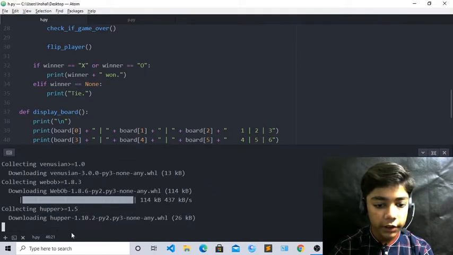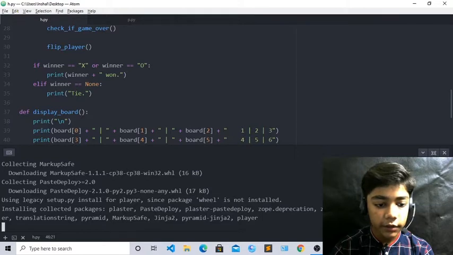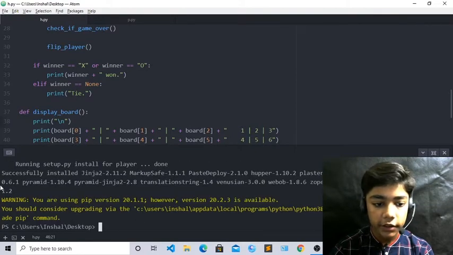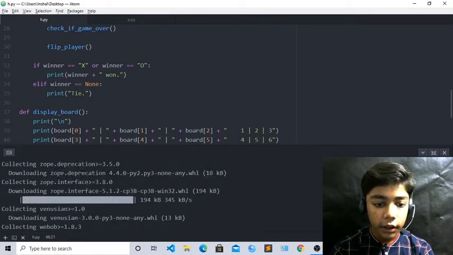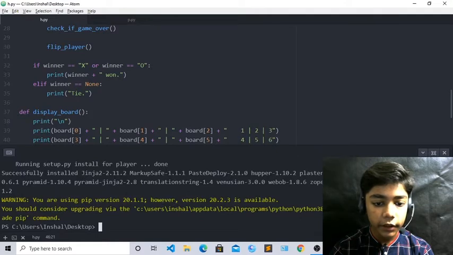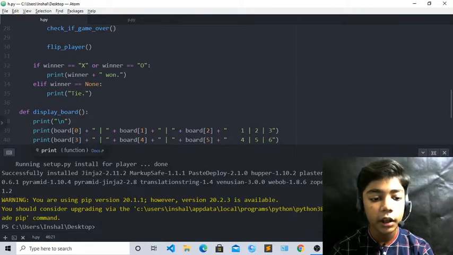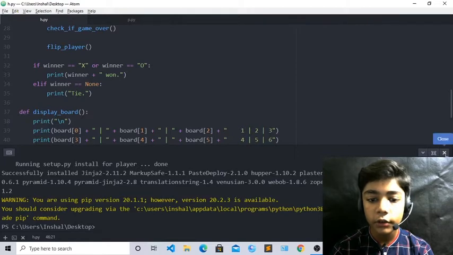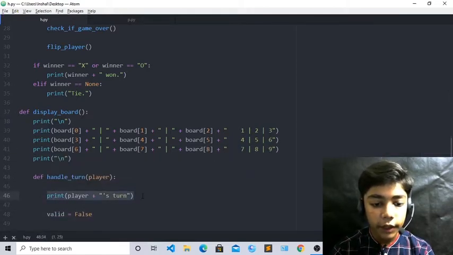So now you can see it has many versions and many things related to it, so it is downloaded now. You can see successfully installed Jinja2. Okay, it is player. These all things are player versions. So now you can see we have done that all, and there is again a warning coming. So now just close it from here. Now we will start. So you can see we have done till here.